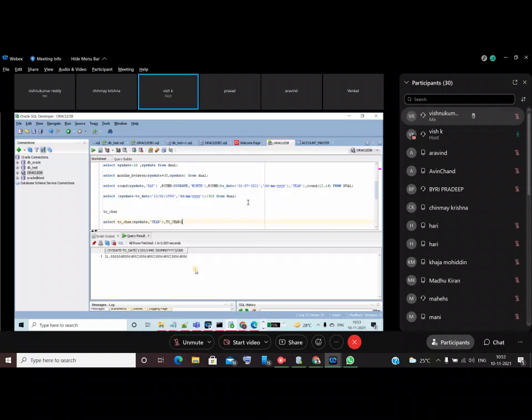Otherwise, to_char, I want to display today's date, or the day. to_char of sysdate dd. And to_char of sysdate, comma, suppose mm, from dual.